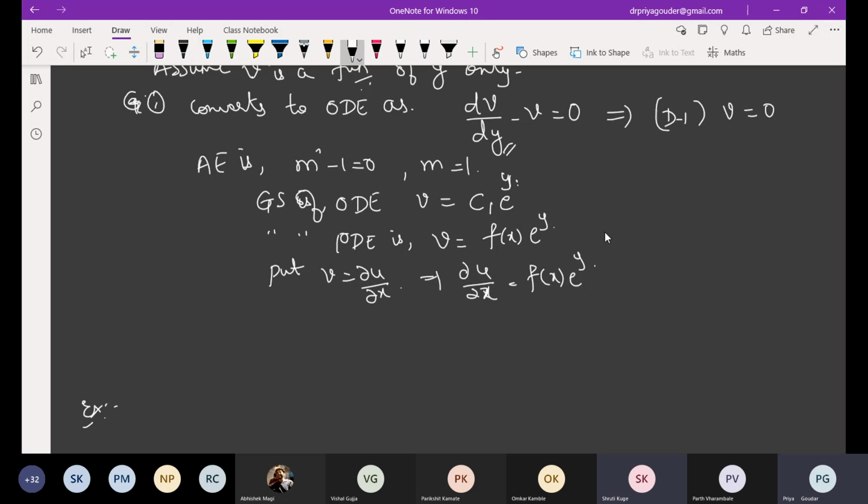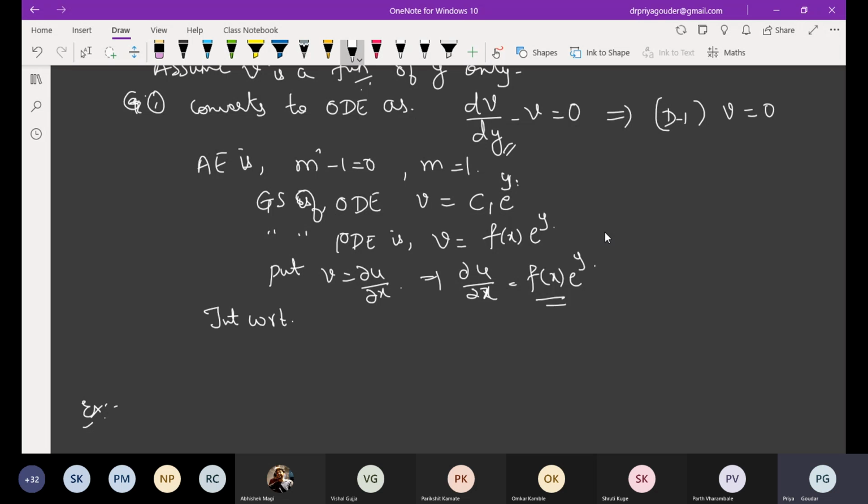Integration. First method, direct integration, because this is a function of X and Y. So easily we can find the integration of that, isn't it? If it was in terms of U, then we would have again gone for the same procedure. Am I right? Tell me what is the step to be written?